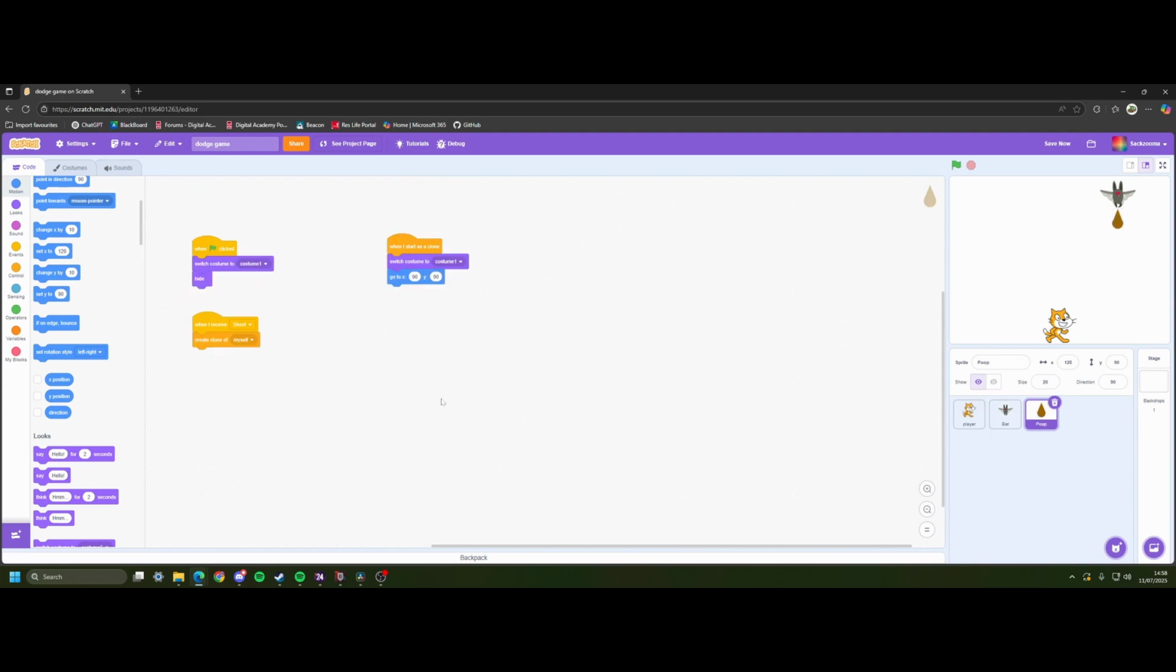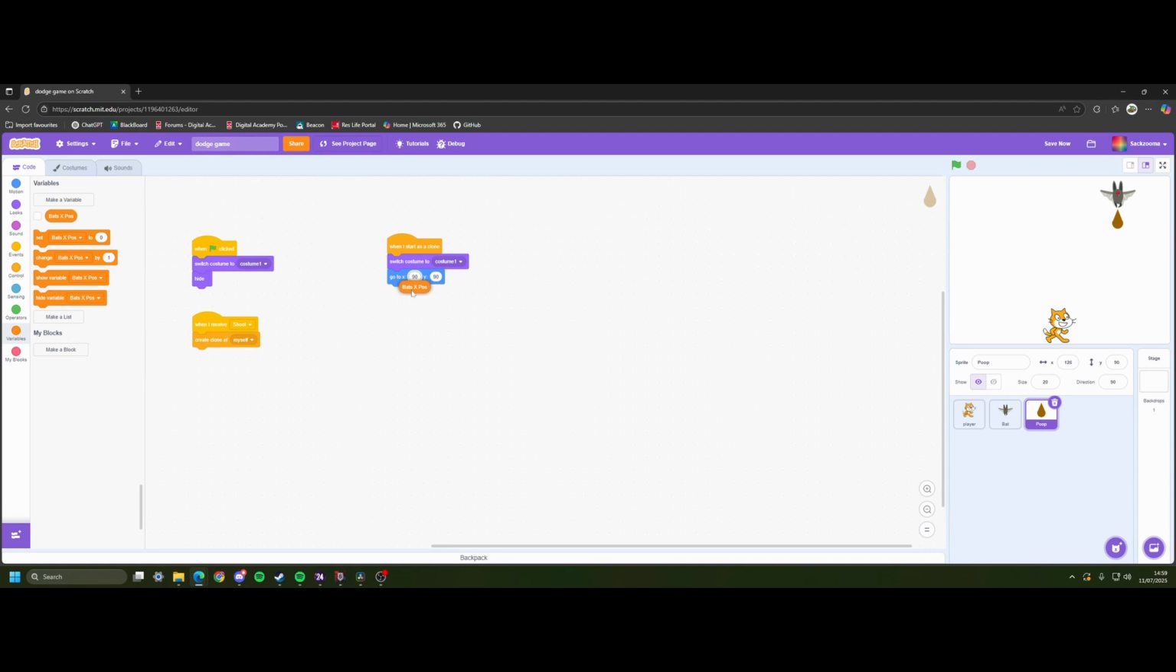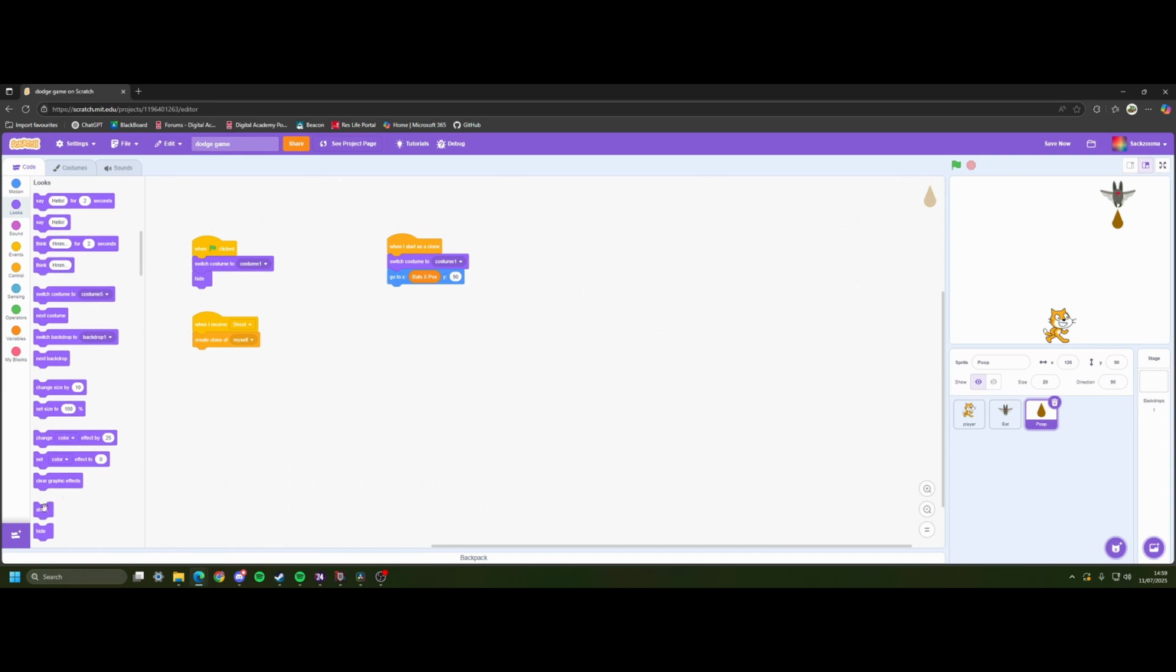Heading back into the bullet sprite, we can now go to variables and grab the bat's x position and put that into this block here. After doing that, we can then go to looks and we can show, and as you can see, if we just click play, it creates the poo